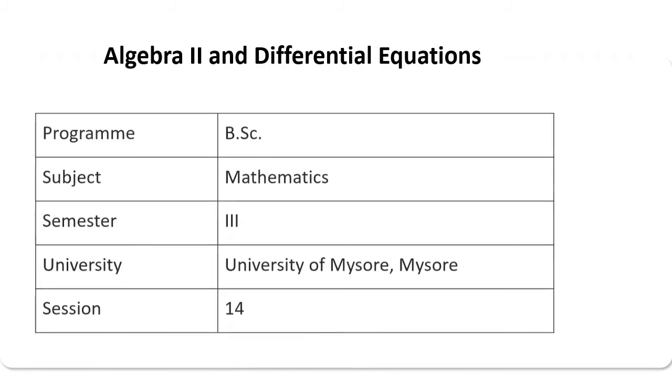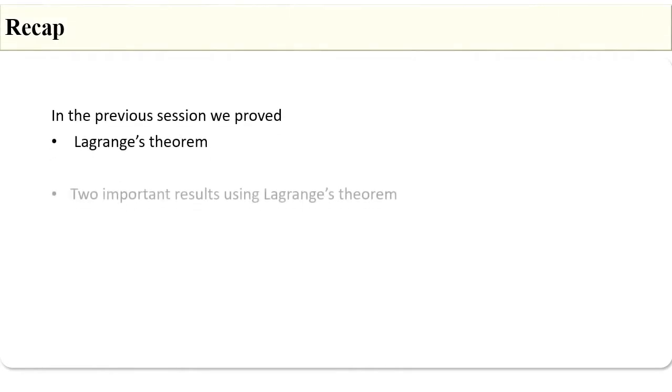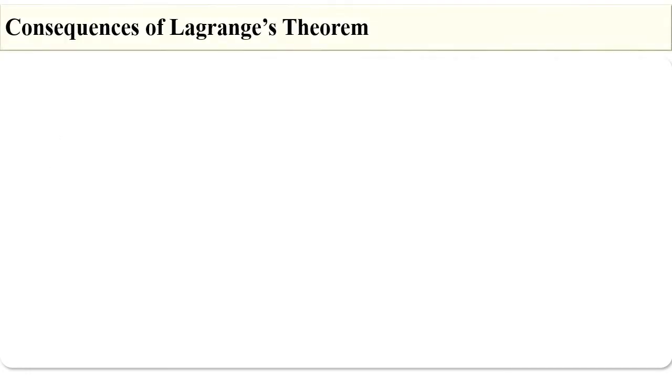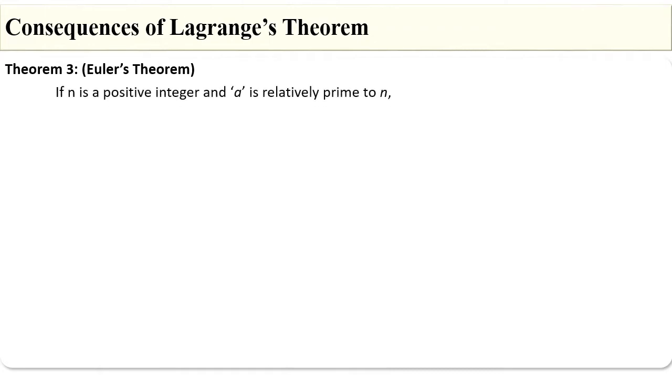Hello everyone. In the previous session, we discussed Lagrange's theorem and two results using Lagrange's theorem. Now, in this session, we will discuss consequences of Lagrange's theorem. The first one is Euler's theorem. The statement of Euler's theorem is, if n is a positive integer and a is relatively prime to n,